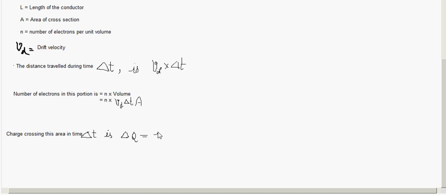The charge of each electron is e, so it will be e multiplied by the number of electrons, that is n Vd delta t A, because the charge crossing the area is given by the charge of one electron multiplied by the number of electrons. Therefore electric current I is given by